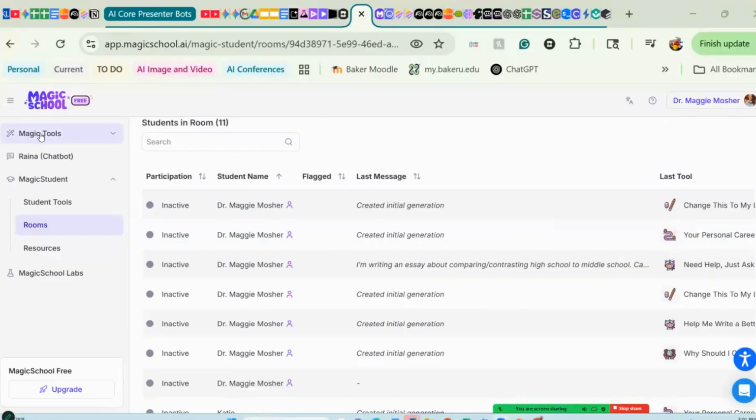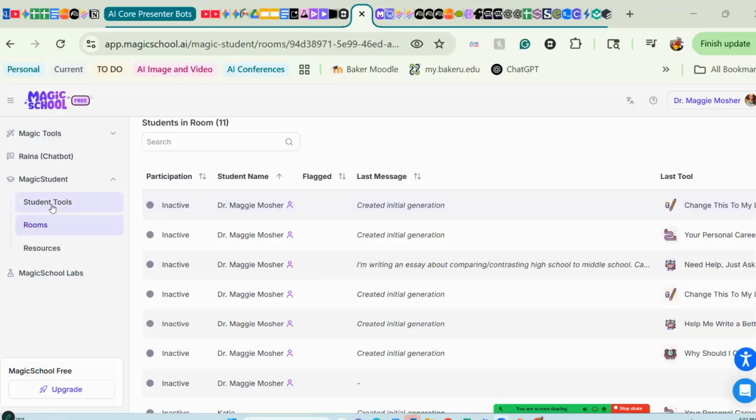There are 60 different tools that university professors can use with students, and the students can create their own specific tools, or a university professor can create a very detailed chatbot for those students that says things like, don't give them the answers. You can ensure that chatbot tells them why everything's relevant. So you can really hone in on what you want those chatbots to do.